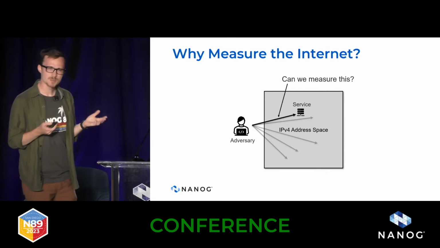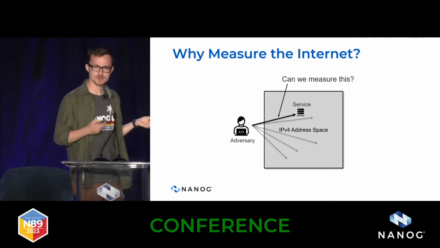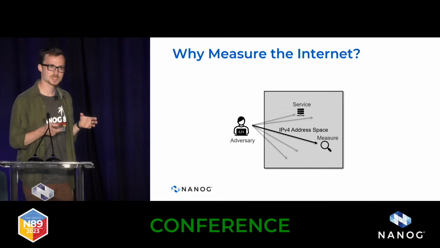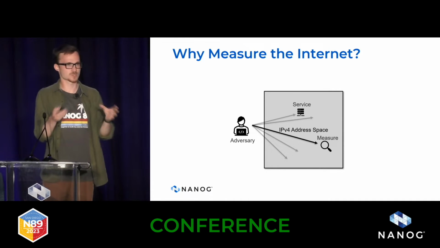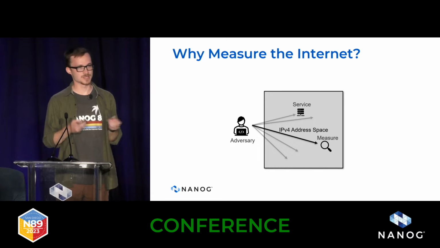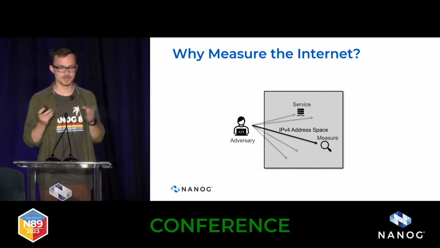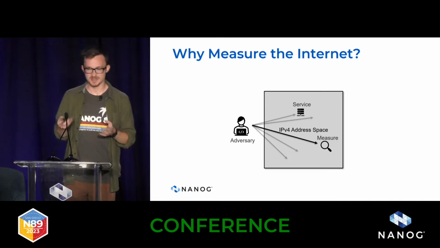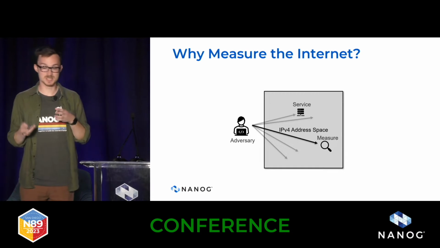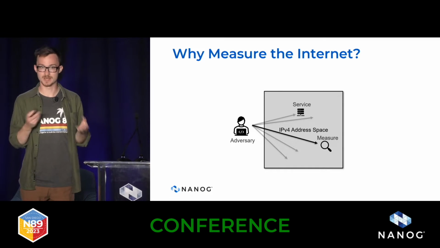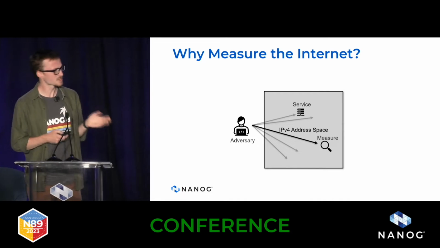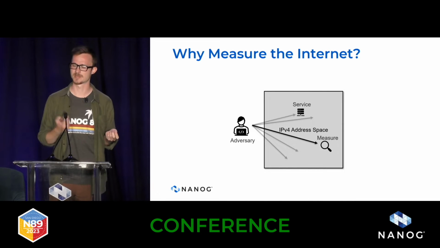And so one approach that we use as researchers is that we try to measure by proxy. The idea here is that we'll deploy some vantage point on the network elsewhere in the address space, and we'll measure the way that adversaries interface with, engage with, and exploit this other deployed service. The idea being that if the traffic phenomenon we see on this IP address is similar to that a real service would see, then we've sort of been successful. And so let's look at a few ways that this has been done historically.